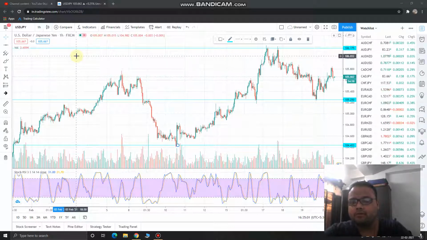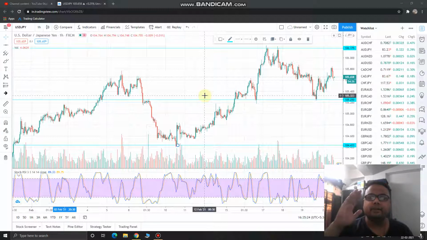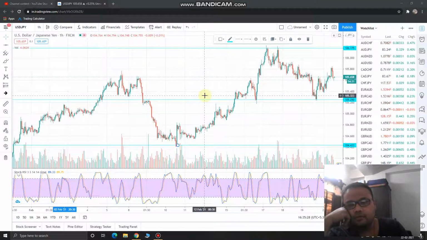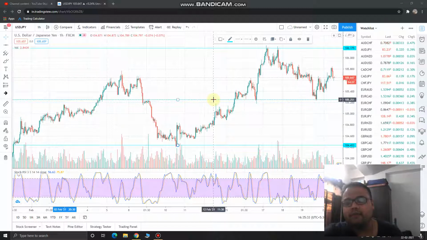Okay, so we have got a few levels here for the day. The first support is available at 105.25, and the second support is available at 104.43, and the resistance is available at 106.17. So what should you do now? I'll say wait for the levels. If the US dollar Japanese yen hits the support level, I mean this particular line at 105.25, okay,